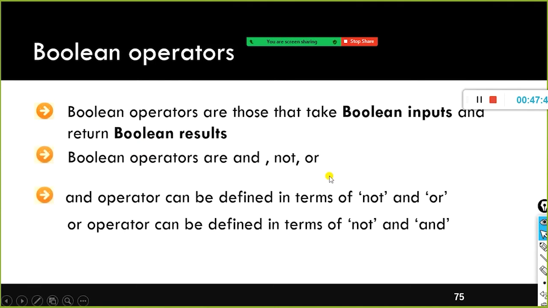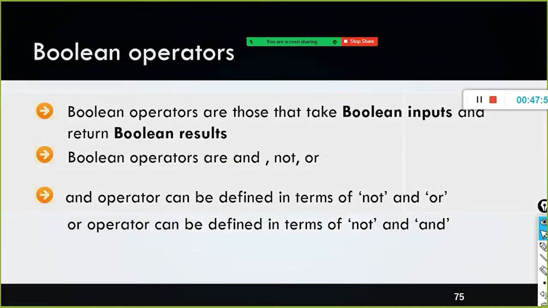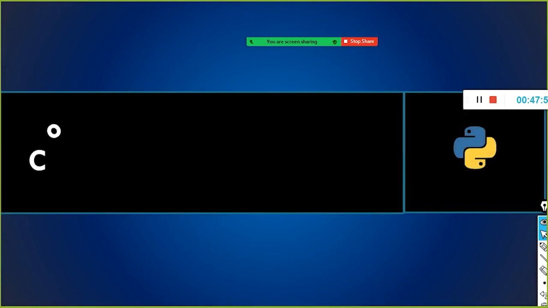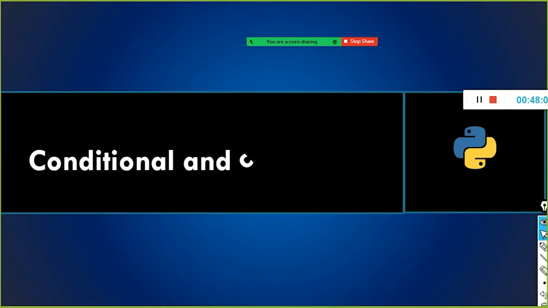And Boolean operators are and, or, not. Yesterday we have seen how to use and, or, not. Not True is nothing but False. Fine. So next we will take a look at